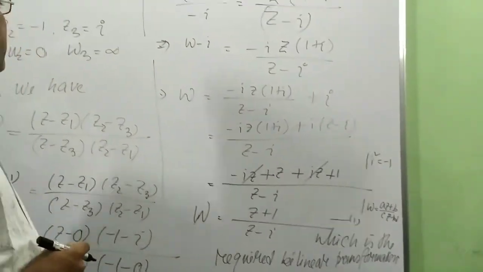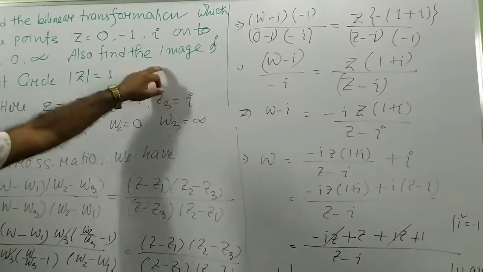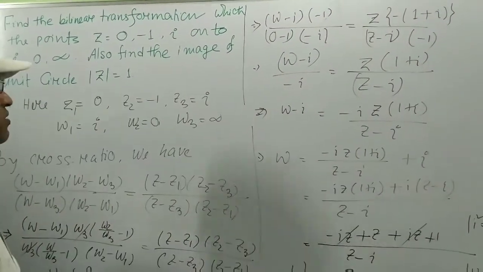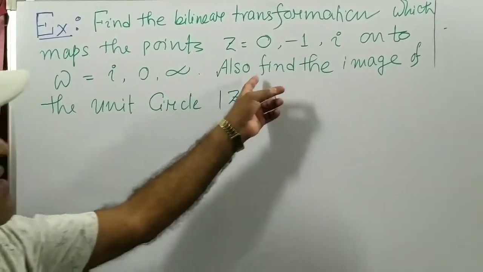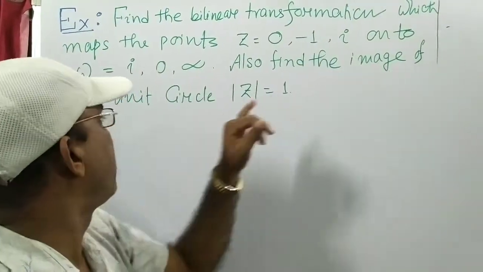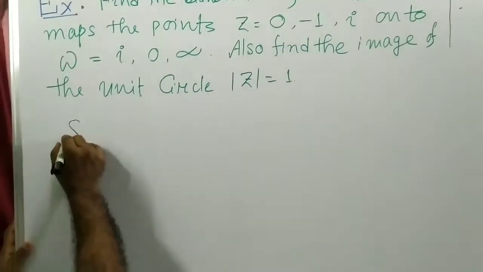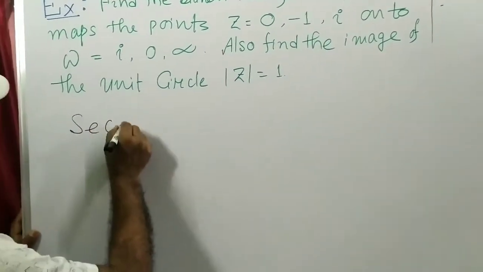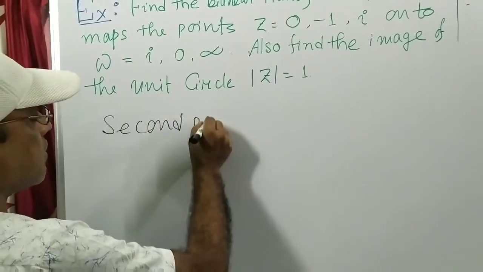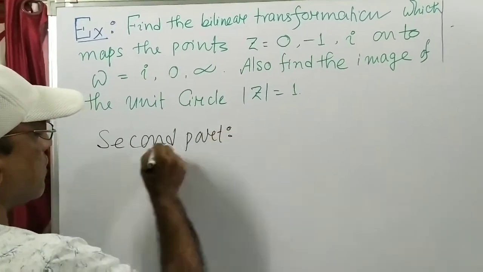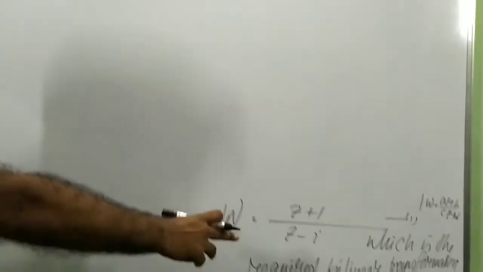So next you have to find the image, second part. Also find the image of the circle mod z equal to 1. Now we consider the second part. So from this equation 1,